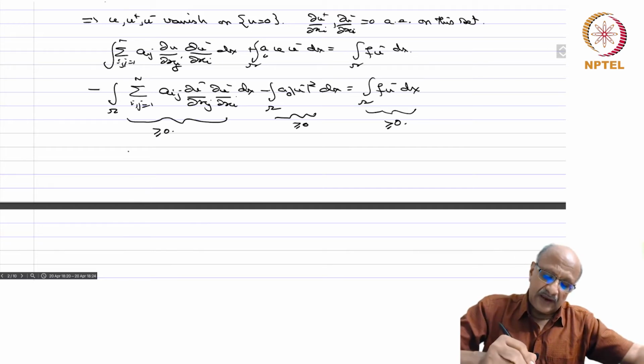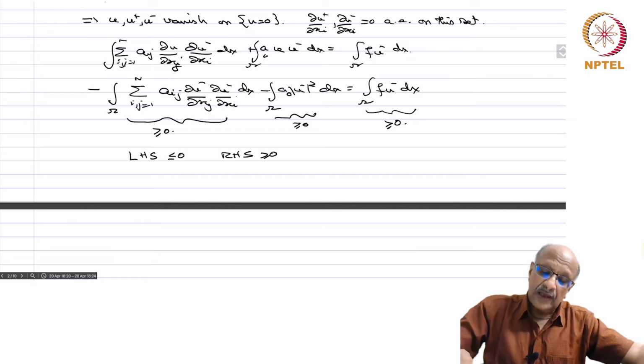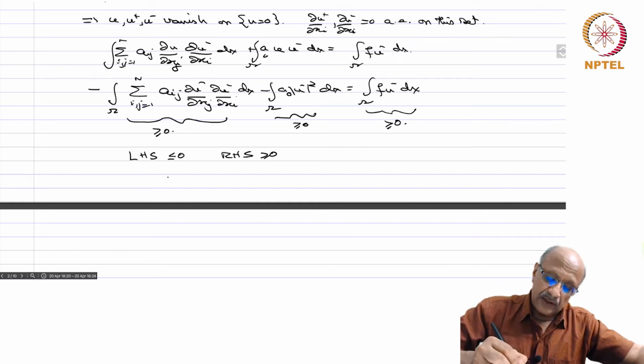Therefore the left hand side is less than or equal to 0, and the right hand side is greater or equal to 0. So, the whole thing has to be 0. So, if that is 0, then each of the terms on the left hand side is equal to 0, and by the ellipticity condition,